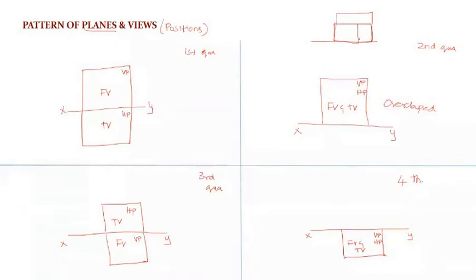Okay, you will get overlapping views like this, so it will be very confusing to read the overlapping view. That's why the second quadrant and fourth quadrant projections are not considered for real world objects. We use the second and fourth quadrants only for the projection of points, for understanding the concept. After the projection of points, they will not be considered. So that's why in the types of projection I didn't mention these two quadrants.